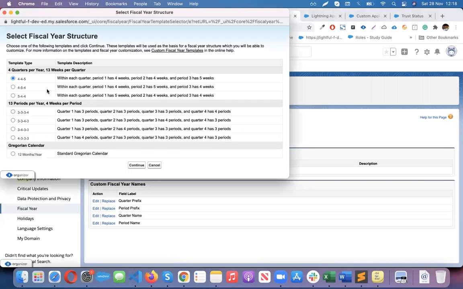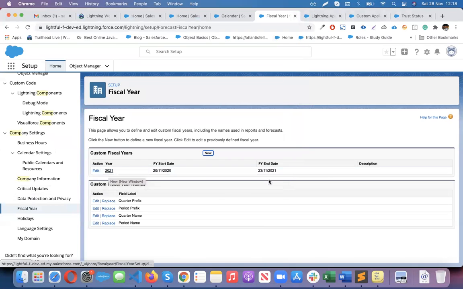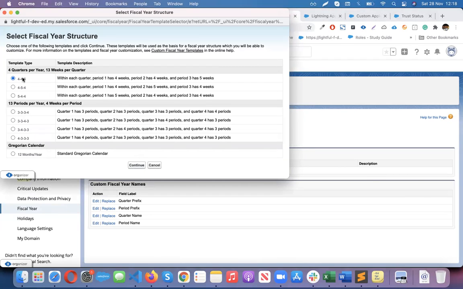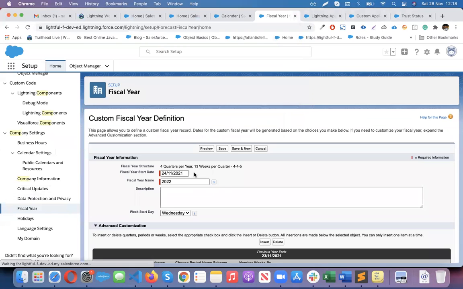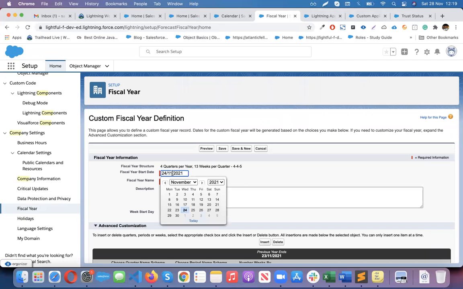So let's say for 2021. See, this is fiscal year 21 and it will end 23/11 of 21. So the start date is 20/11 of 20 and 23/11 of 23. I just put this as an example. Now, if you are creating a new one, how do you want it? 4 quarters per year, basically 13 weeks, or 13 periods, or 12 months. So now if I go for the first option, start of the fiscal year, January 2021,